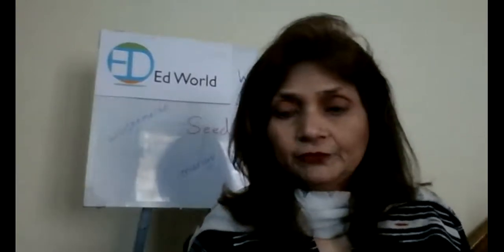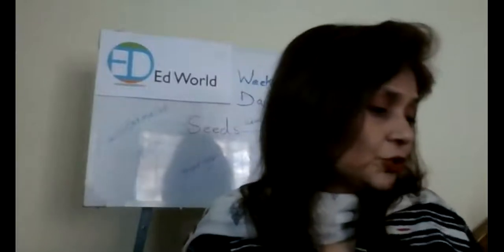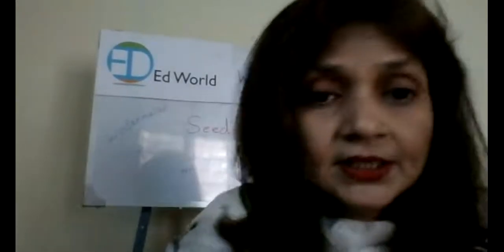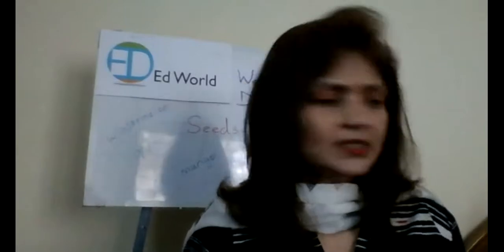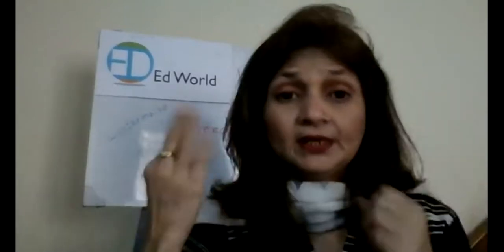Now is the time for you to do the task. I want you to open page 37 and do question number 2. You have to fill in this table with the number of seeds that each fruit has. You just have to tick mark and cross out the fruits that have one seed, few seeds and many seeds, right? Mostly we have done it in the class just now, so you can easily do it. It's very easy. I'm going to give you 3 minutes, and your time starts now.